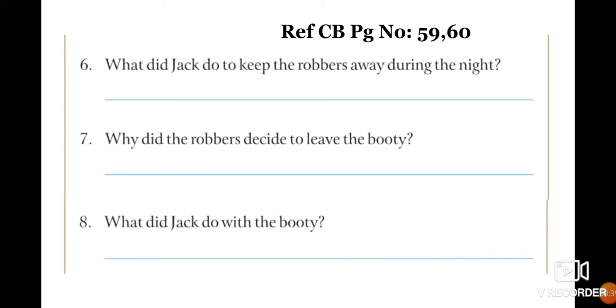In your concept book, page number 59 and 60. Sixth question, what did Jack do to keep the robbers away during the night? Seventh one is, why did the robbers decide to leave the booty there? And eighth one, what did Jack do with the booty? Children, read the story carefully and thoroughly once or twice so that you will be clear with all the points in the story, and it will be easy for you to summarize and as well as answer all these questions